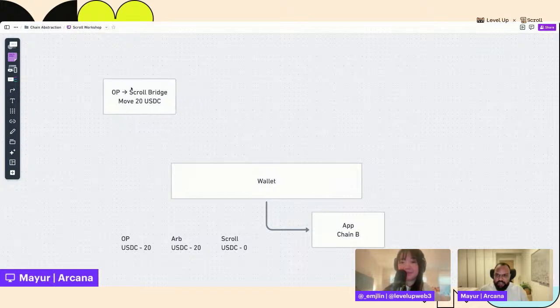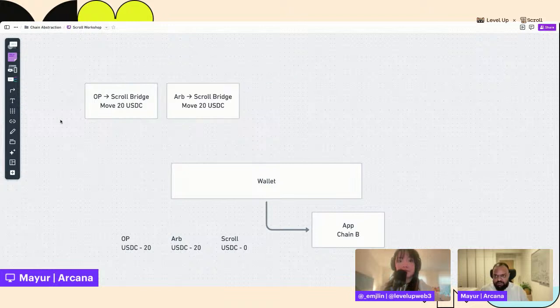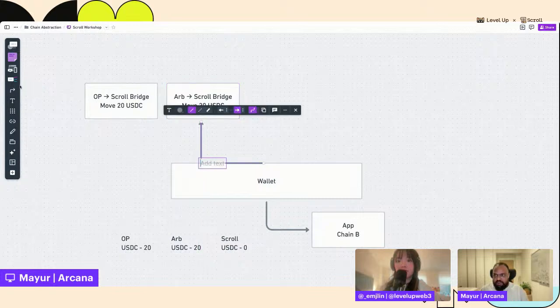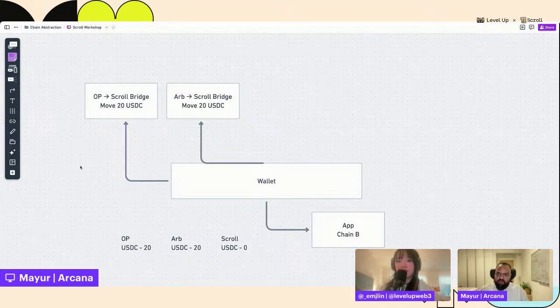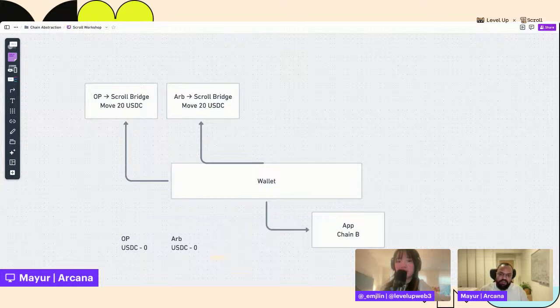So I have this bridge and I have an Arbitrum to Scroll bridge. And now my wallet is basically talking to these two different things to be able to make this happen. I need to move these assets, and then finally I will have 0, 0, and 40.